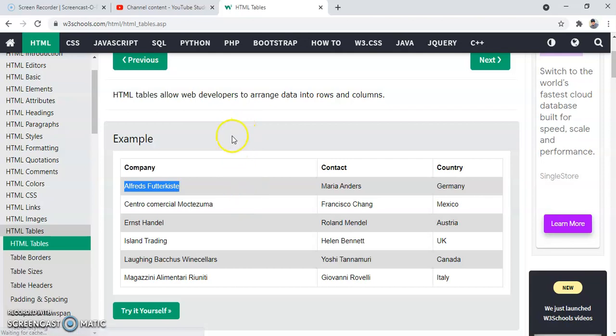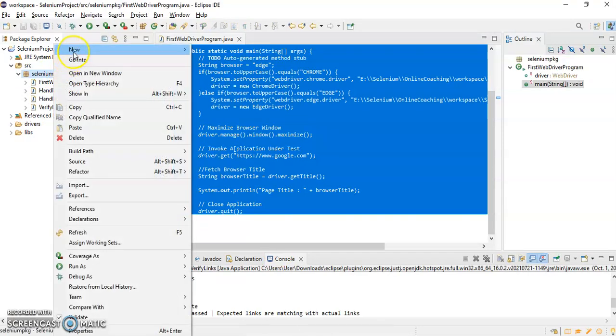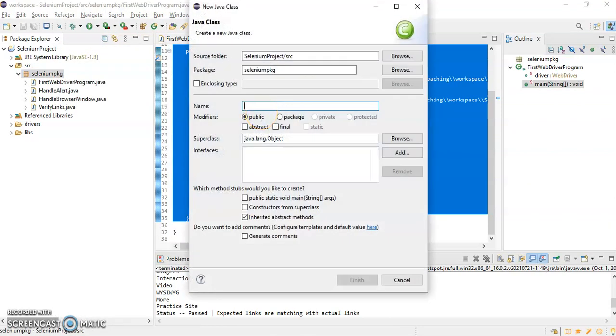So to handle web table, I have to go to Eclipse and create a class. So I will create new class and I will name it as handle web table.